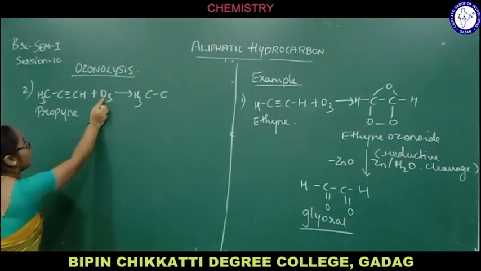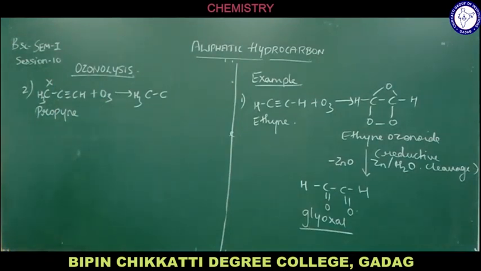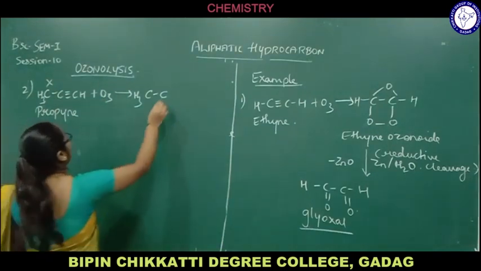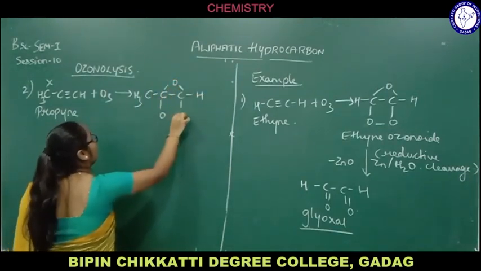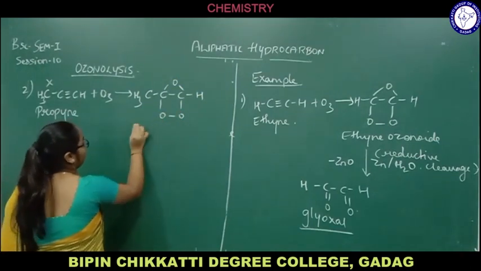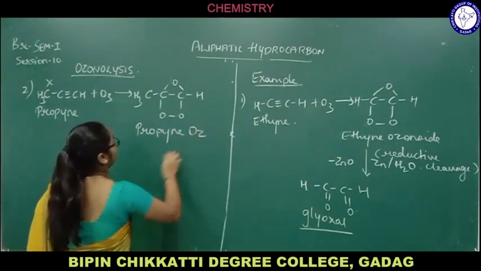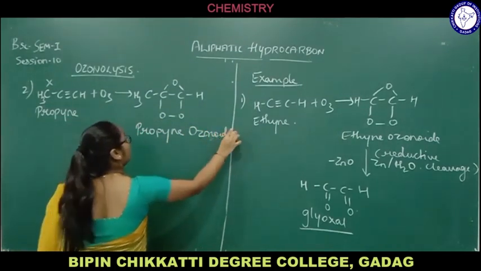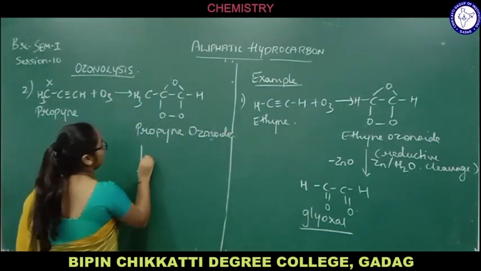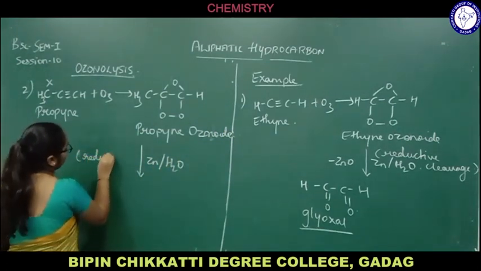So this propyne ozonoid is written in this manner. This oxygen will combine with the carbon-carbon triple bond. So the methyl group will not participate, right? The addition of oxygen from the ozone molecule will take place between the carbon-carbon triple bond. Okay, so thereby the intermediate I can say will be formed in this manner. And the name of this ozonoid molecule is propyne ozonoid. Okay, now this propyne ozonoid, on further reaction with the zinc dust and water, will undergo reductive cleavage